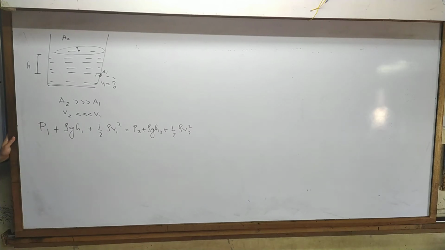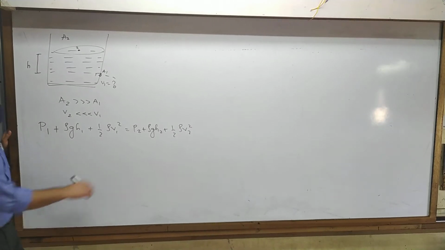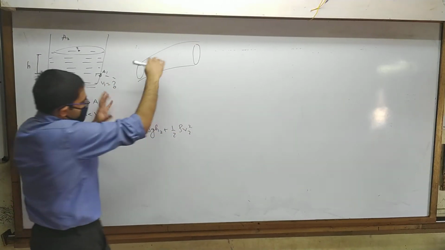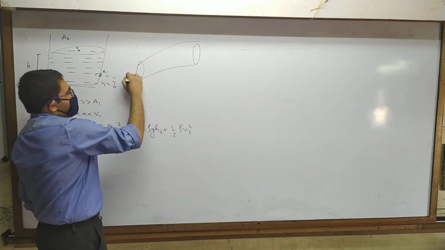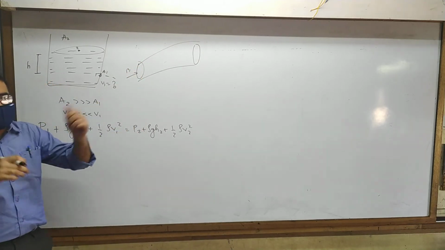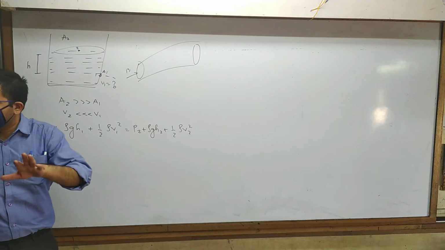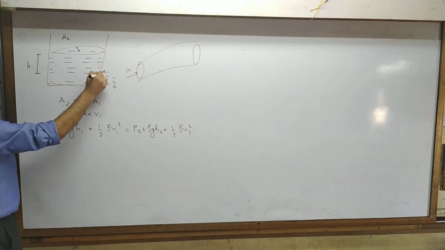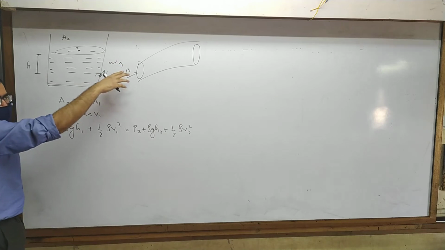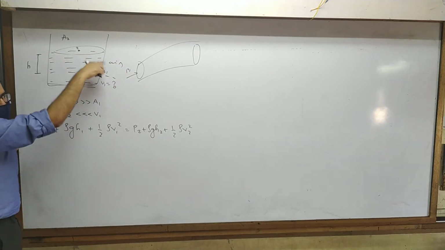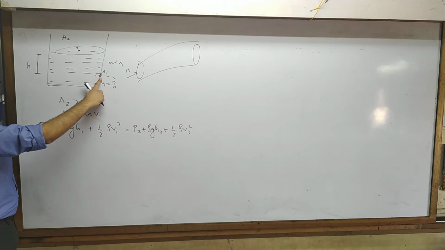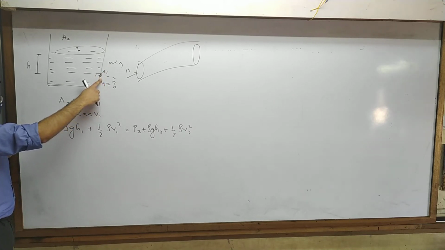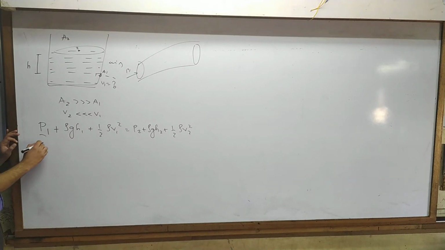Okay, now time to put some values. See, if you recall what we learned when we derived this whole thing, we took this as our system and P1 is the pressure that is acting from outside. Remember that derivation? So here at this first point, there will obviously be air around, so that will apply pressure on our system. This air will apply pressure on this fluid. So, do you agree that P1 is going to be 1 atm? Clear or not clear? P1 is 1 atm, isn't it?